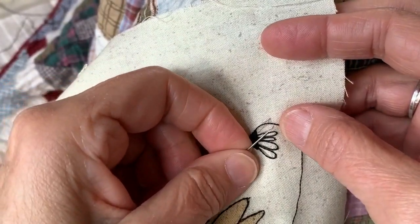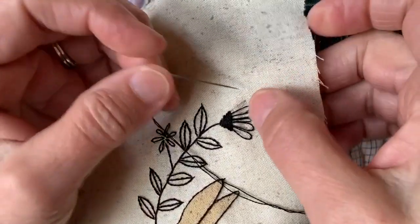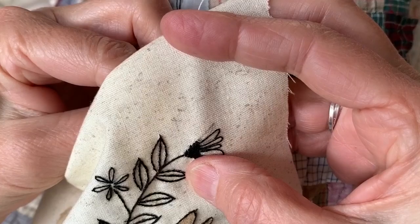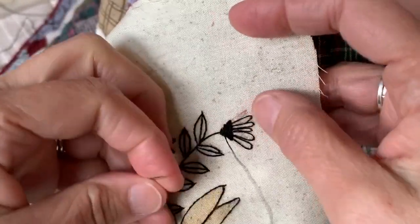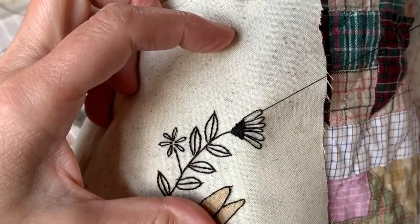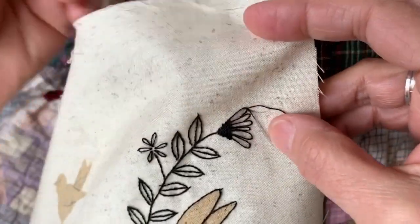I'm going to kind of make this one end up there. So it looks like he's kind of coming behind that other petal. And then one more petal, and this guy will be done. Maybe this will come up a little higher on that side too. There. It's a cute little flower. Okay, so